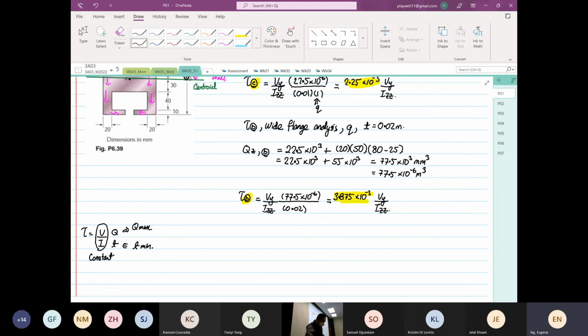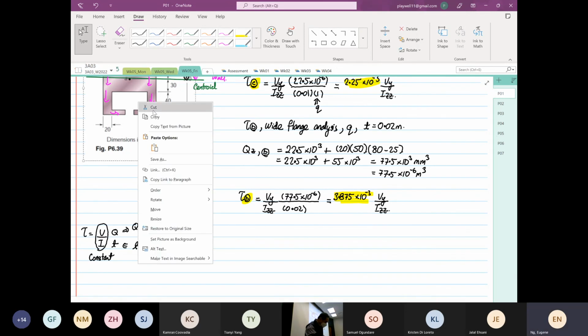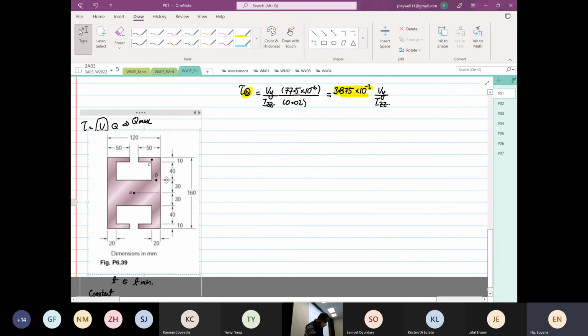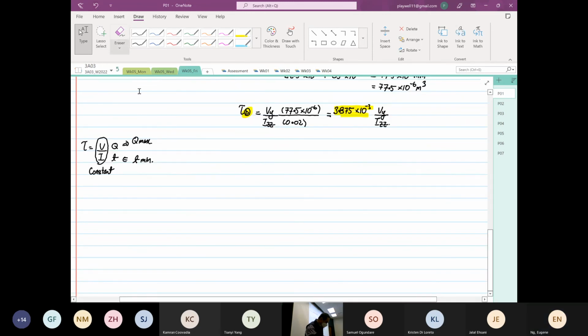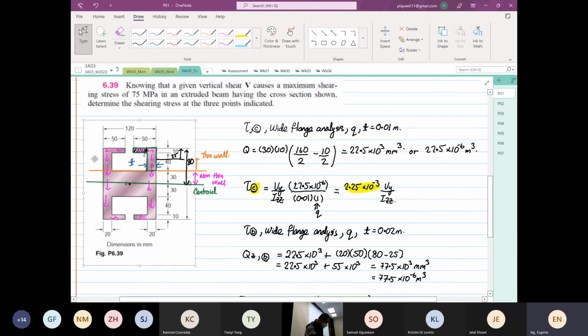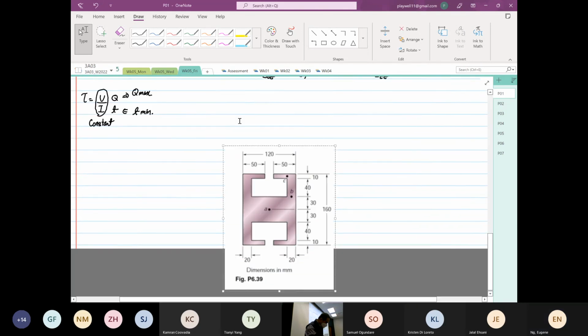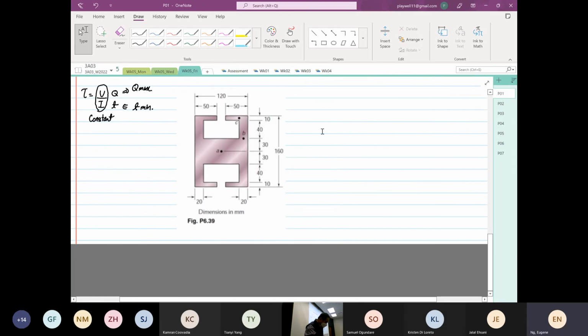So at point A, which I'm going to copy and paste down here. My bad, hold on, I do apologize. I just want to copy the picture, please. Right. Now we have